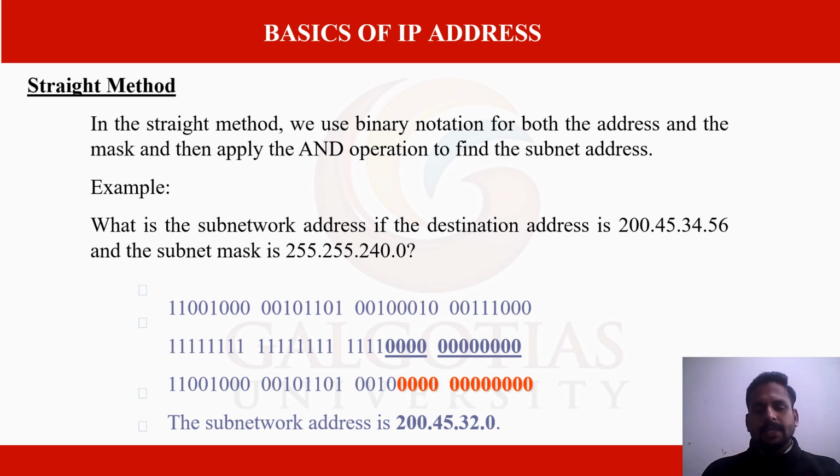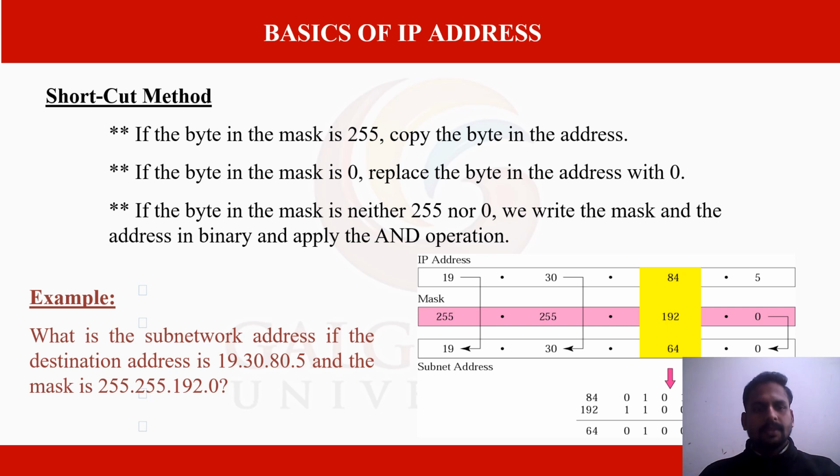And what is the output we get? That binary value must be converted into decimal value to identify the address. So here you see the subnet network address is 200.45.32. Here the 34 is just the IP address, but 32 is the subnet address. In this subnet group we have to use this subnet address only, then only that particular network can access the server to share or receive information, right?